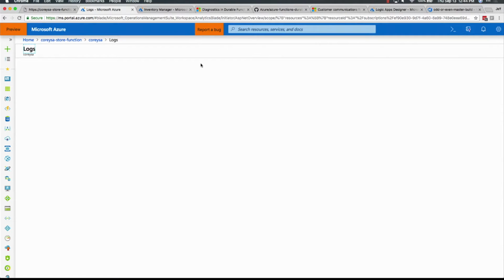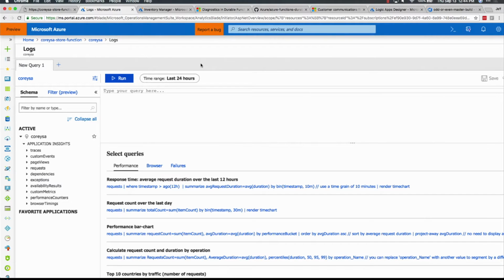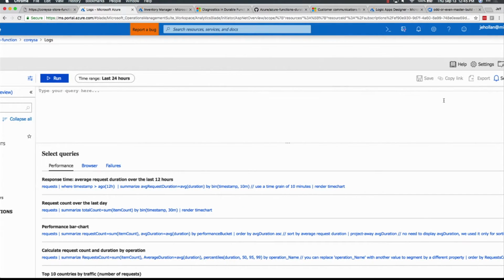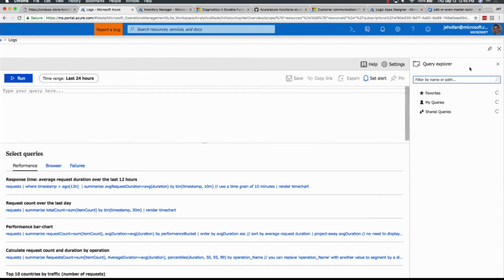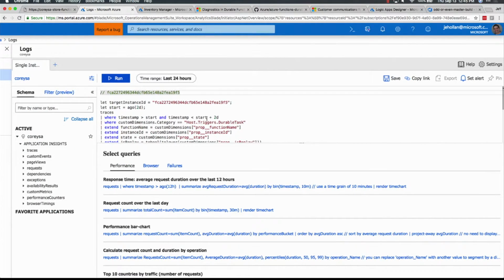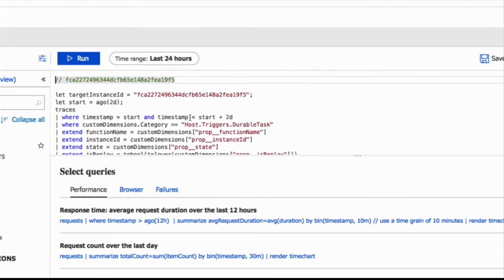Now, I'm going to run a query which will give me the status of one of my instances through Azure Application Insights. And then I'm going to show you how I got that query because it's going to look really complex, and then you'll be like, wow, Jeff's such a cheater. He just cheated to get this. So let me zoom in here a little bit. This is the query I'm going to run.